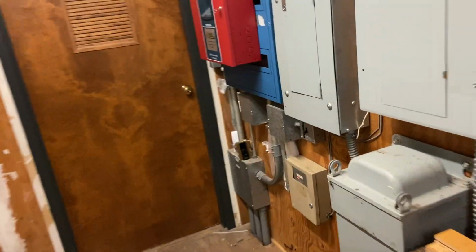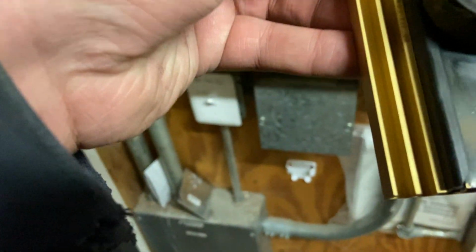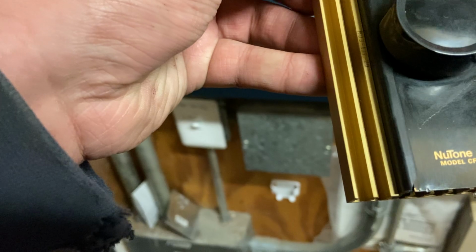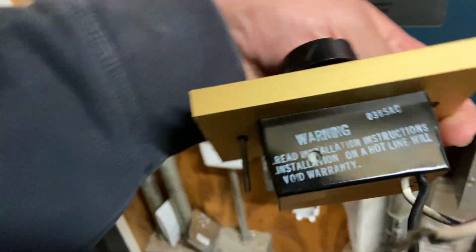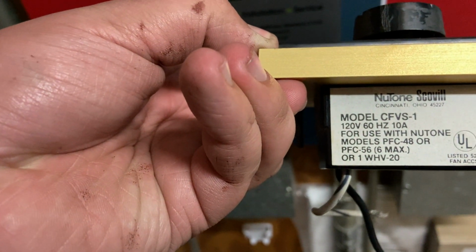Here's the elevator machine room, and here's the electric room. So right here is the control for the old Newtones. Newton Scoville, model CFVS-1. 120 volts, 60 hertz, 10 amps. So there's that. And that's where it was. You can see they replaced it with a switch to cut the power. And then they mounted the remote